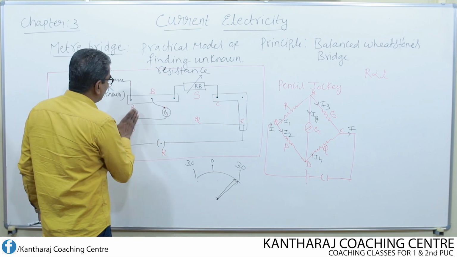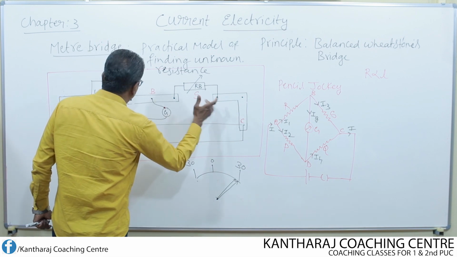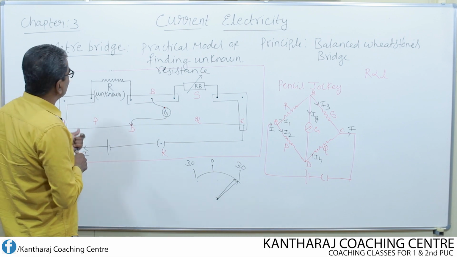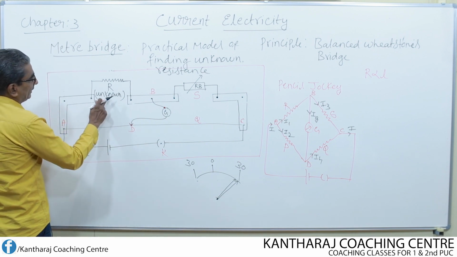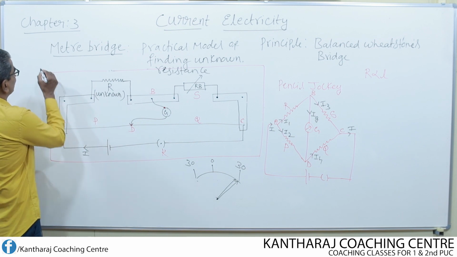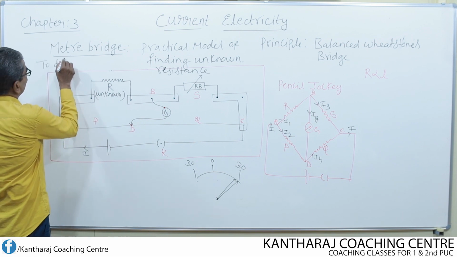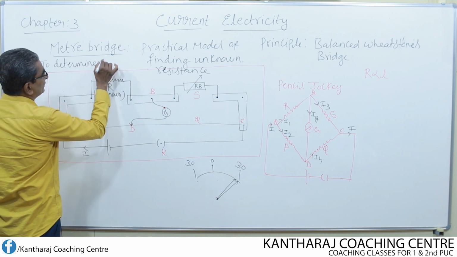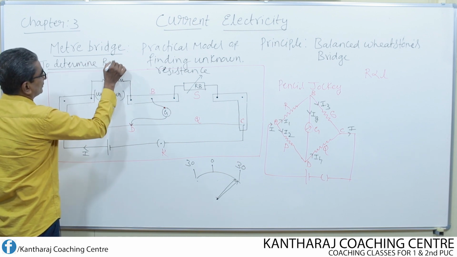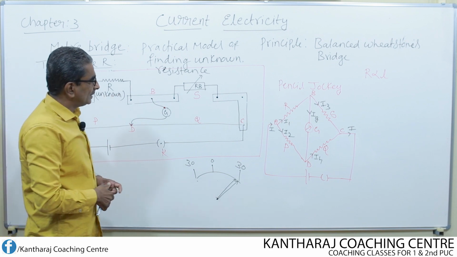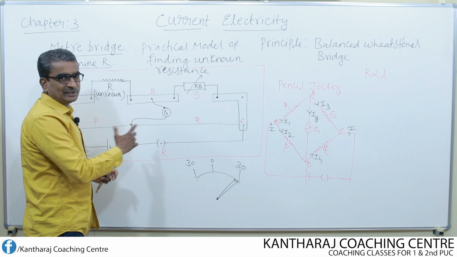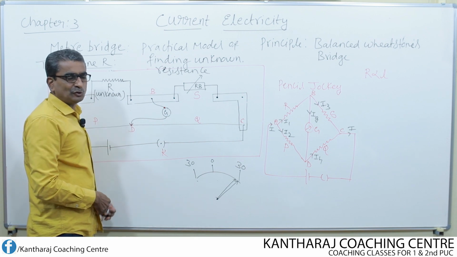Now what do we have to determine by making use of the meter bridge? By making use of the meter bridge, we are going to determine the unknown resistance R. Now once we ensure that the circuit is correct, then what we have to do is